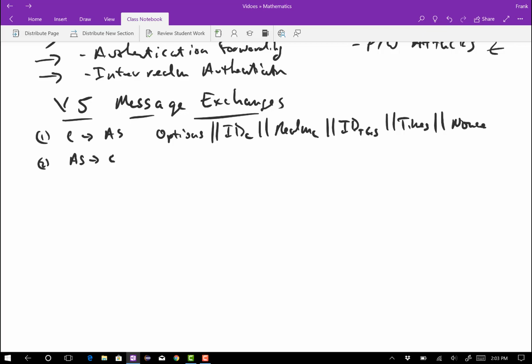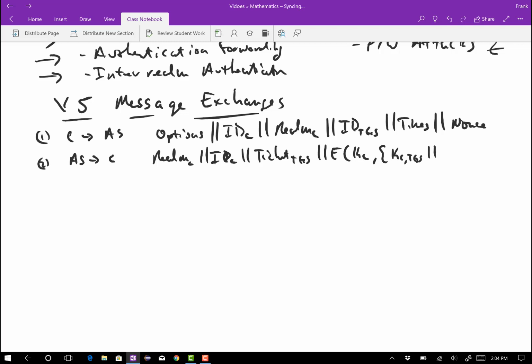The authentication server will respond to the client. The message will include the realm of the client, the ID of the client, a ticket for the TGS, and an encrypted message encrypted with KC that includes the key that the client will share with the TGS, this times field, the nonce, the realm of the ticket generating server